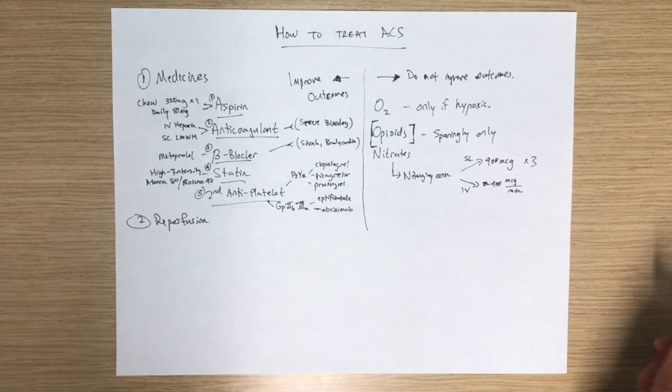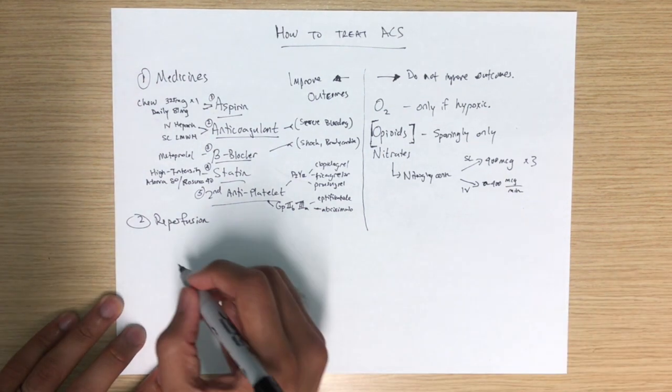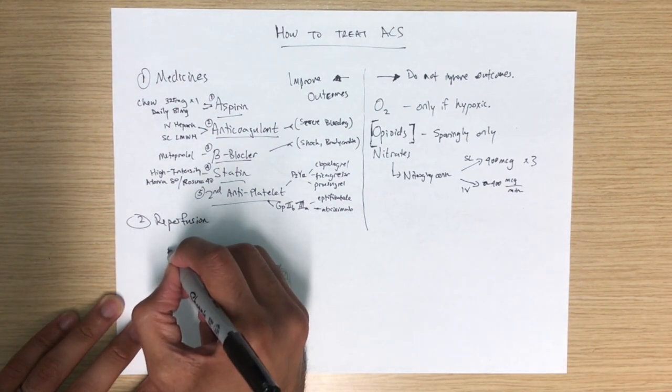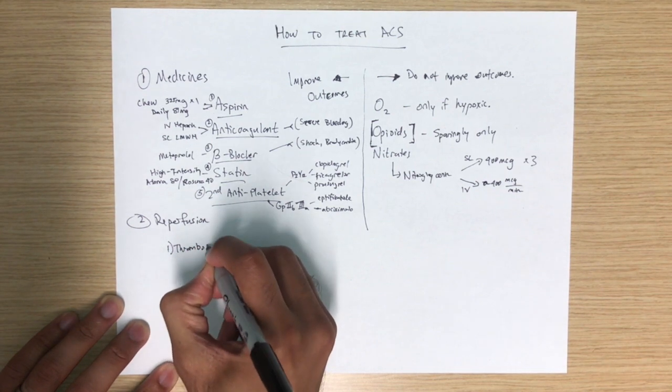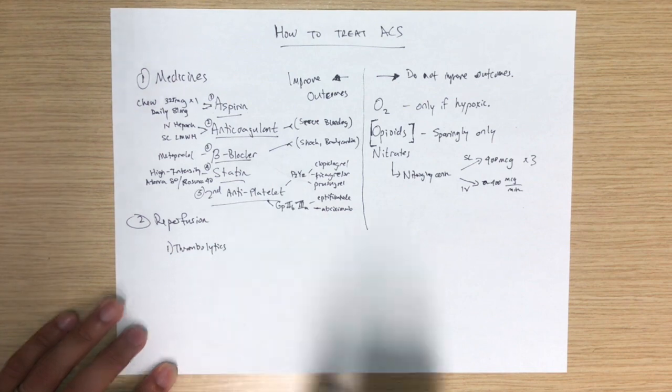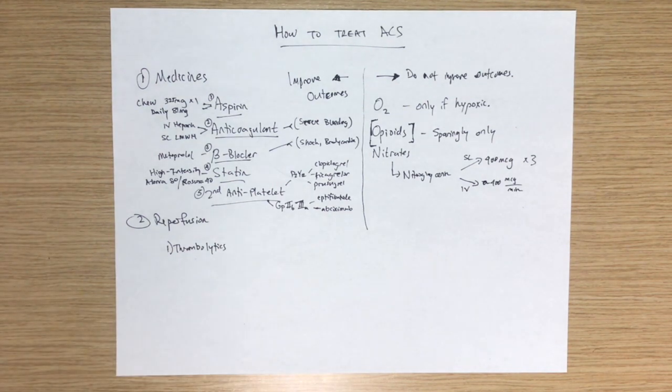In general, there's 2 ways to reperfuse people. The first is with lytics, with thrombolytic therapy. Thrombolytics are the older form of reperfusion. They work, but they tend to work less well and have more side effects than mechanical reperfusion in the cath lab. So it's almost never the case that someone gets only thrombolytics, and in fact, there's data showing that